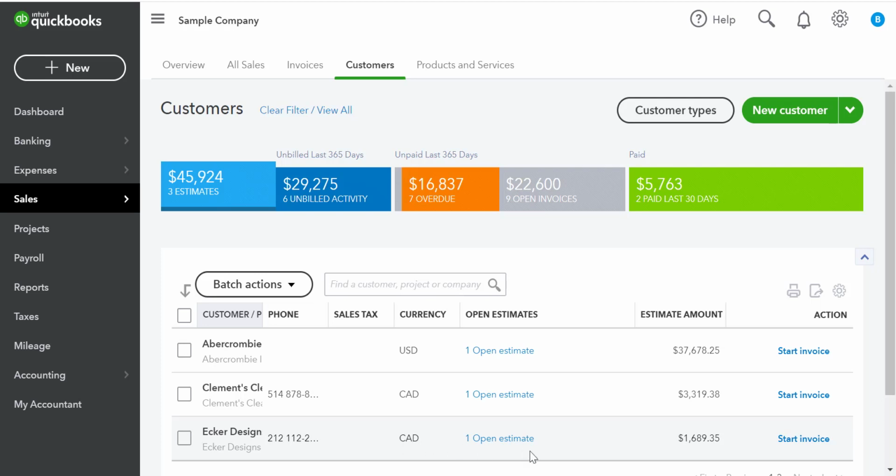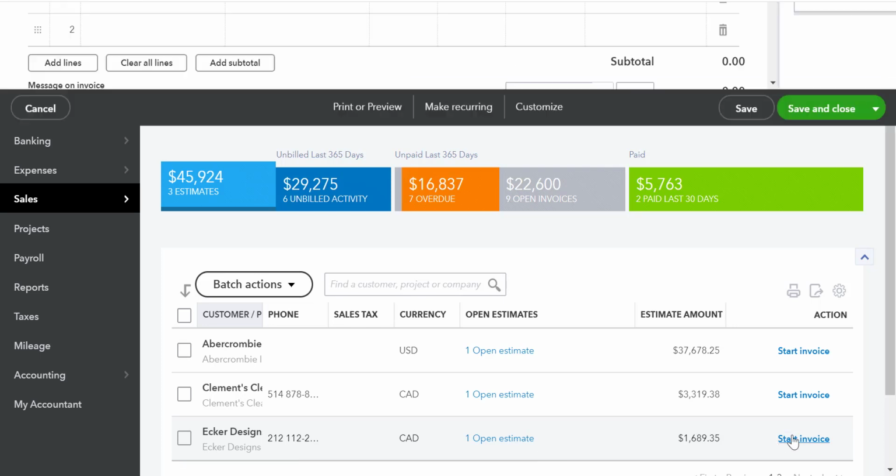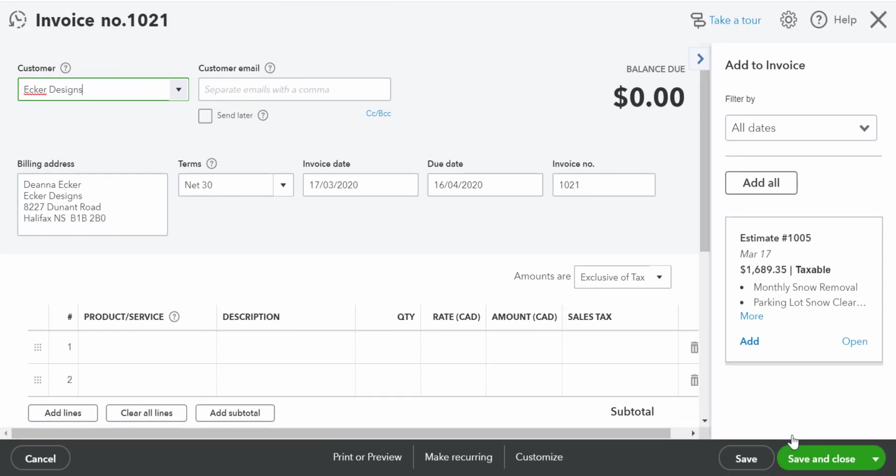Now let's suppose that we've completed the work and we're ready to complete the invoice for the customer. At the end of the line, click Start Invoice. QuickBooks takes the invoice window and adds to it on the right-hand side a drawer that includes all of our open estimates. Let's suppose we want to invoice in full. We can go to the estimate